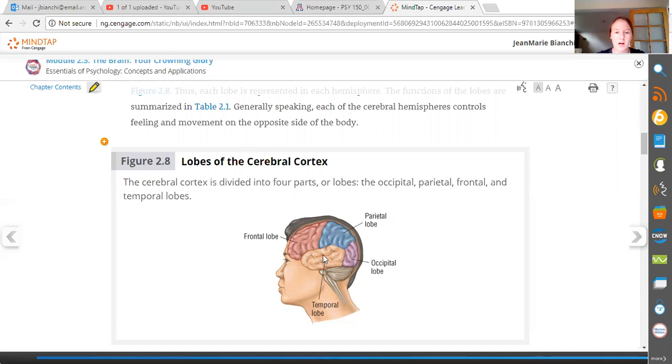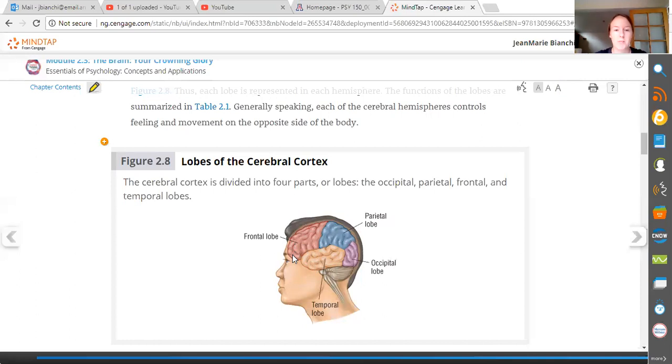This is a real psychological hotspot of the brain, and we'll be talking a lot more about the temporal lobe later in the course. Here's the frontal lobe, and the frontal lobe is really critical for your ability to think critically, plan ahead, knowing that something is due or knowing that you have to do something later. This lobe of the brain is heavily involved in your ability to kind of weigh pros and cons,